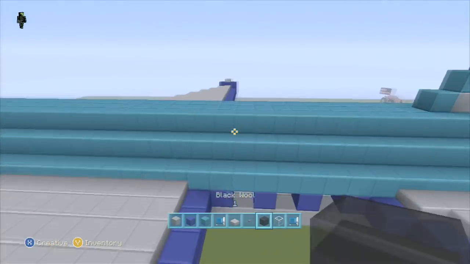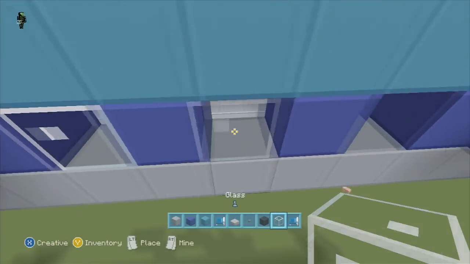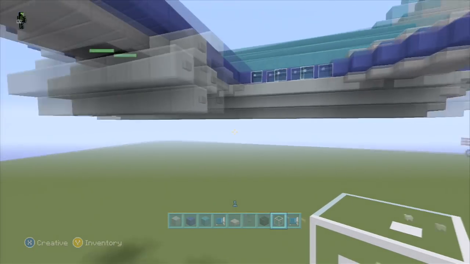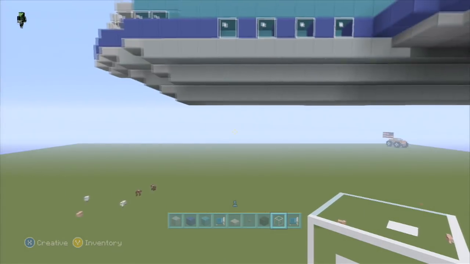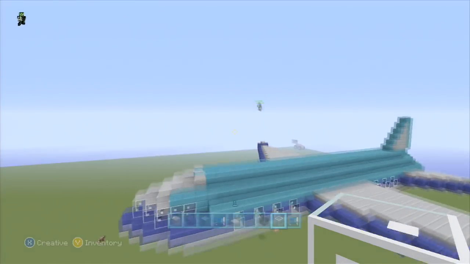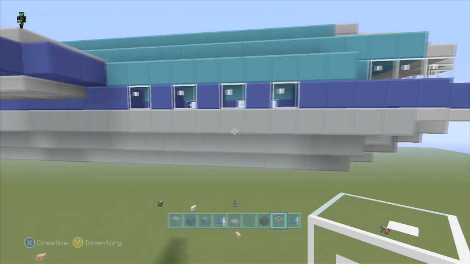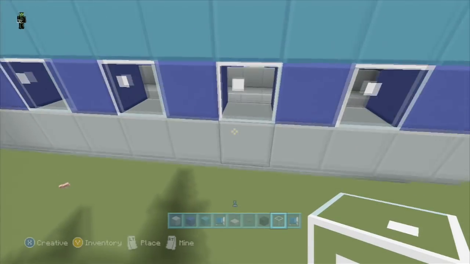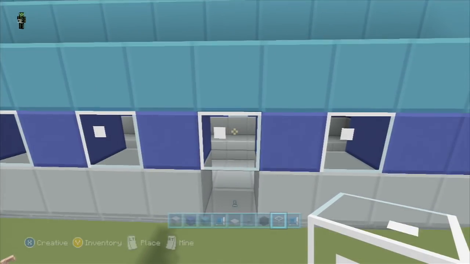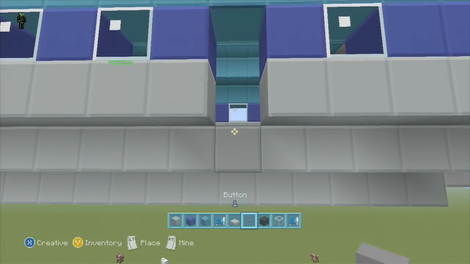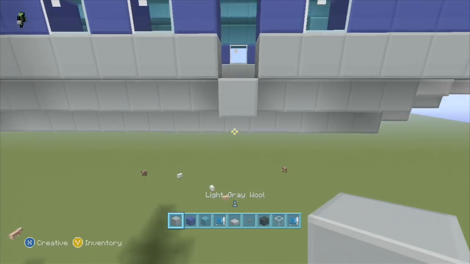So get the windows in here. Yes, get these windows in. Did you get them on the other side? Alright, and then just whichever side you want them to choose, it doesn't really matter. I'm simply just going to choose this side because why not? Who cares? Put another gray block there.